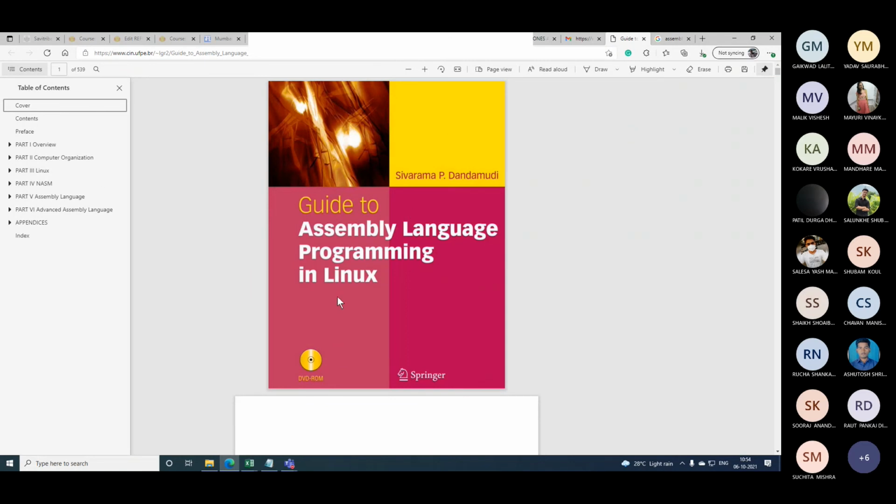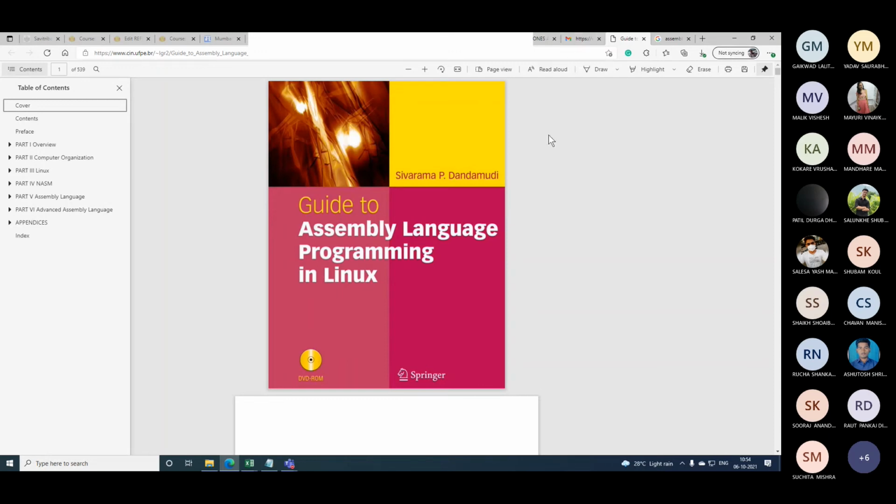Guide to Assembly Language Programming, by Sivarama Dandamudi. So these are the two books that I can recommend to you. You choose either of them.